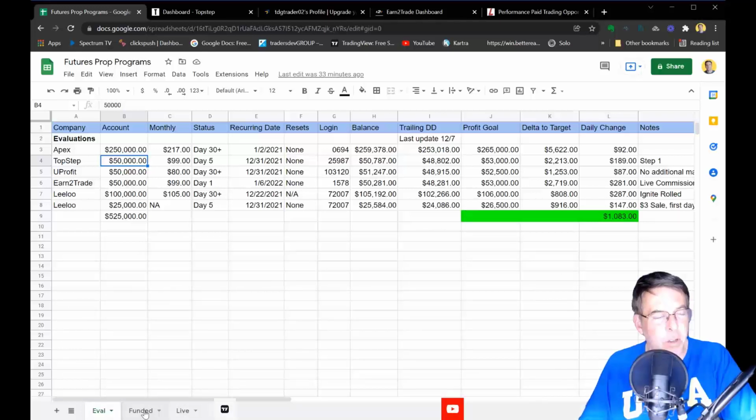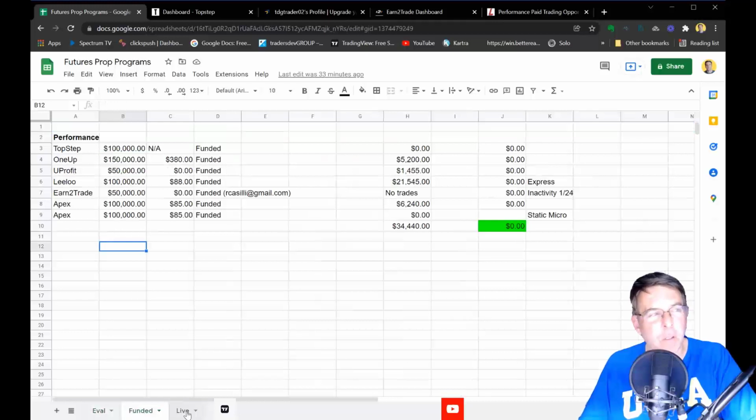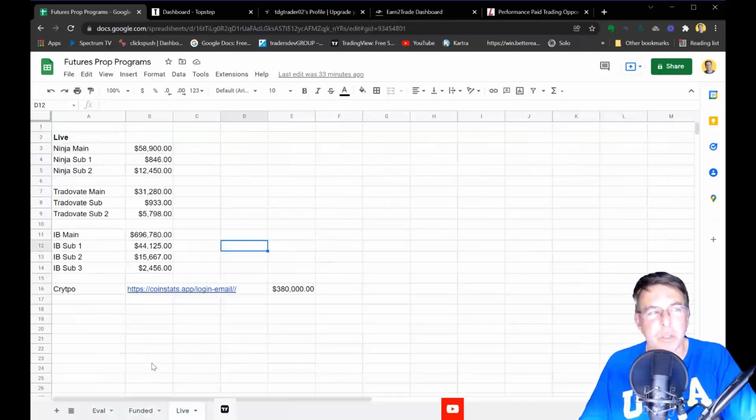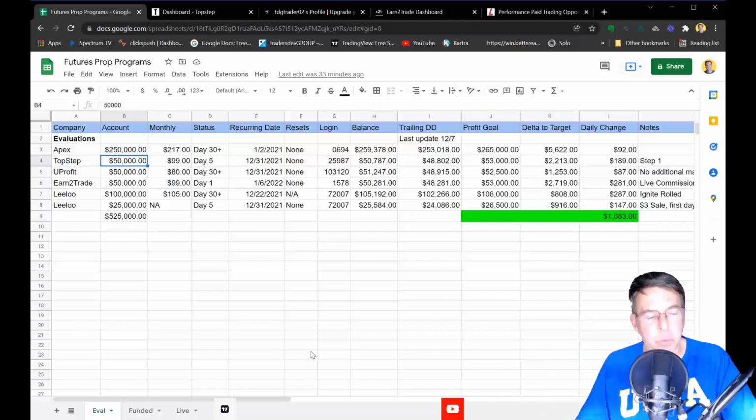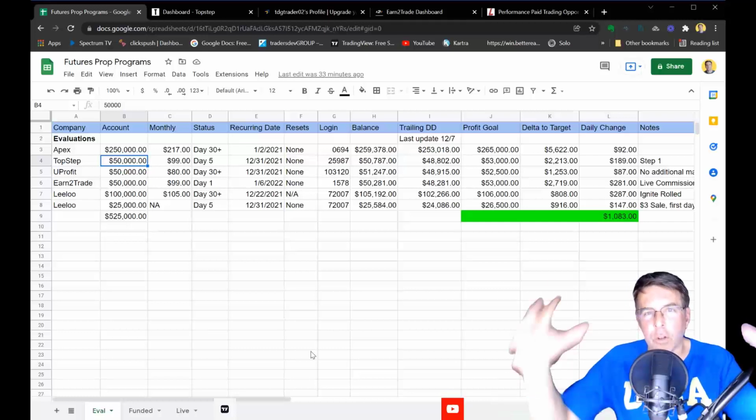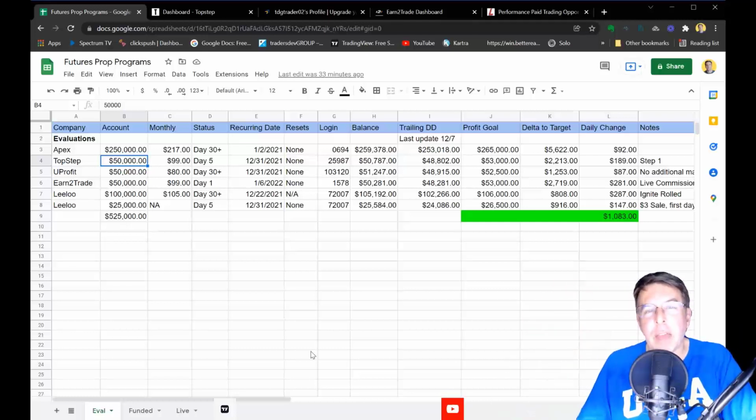And again, yes, there are already funded accounts for all of them. And I'm also very fortunate to trade pretty sizable live accounts as well, because prop programs do have their drawbacks in terms of your ability to hold and do some other things that you would eventually want to be able to do with your live account that you control without the overlord looking over what you can do.